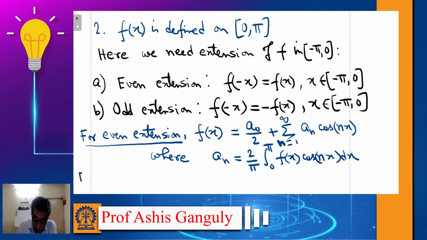And this is called the half range Fourier cosine series. Okay. Now for odd extension,